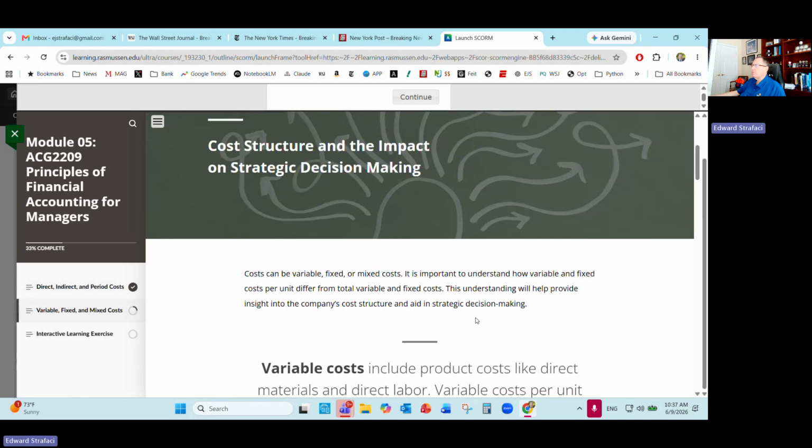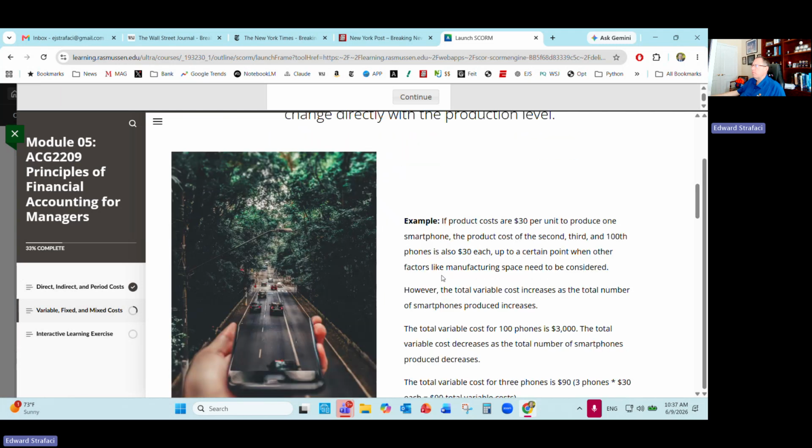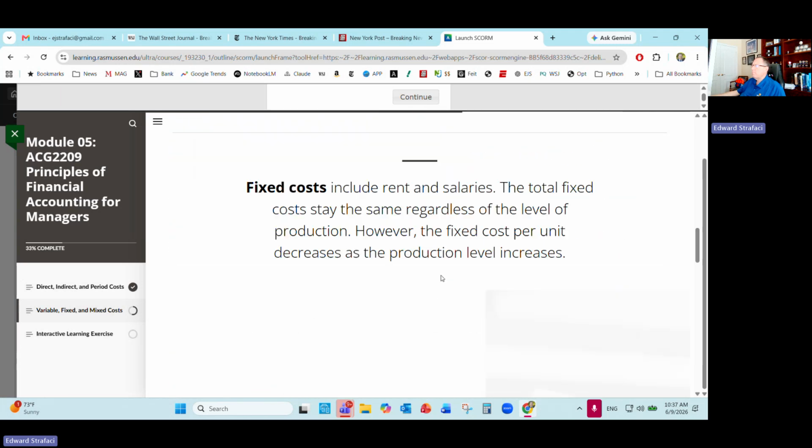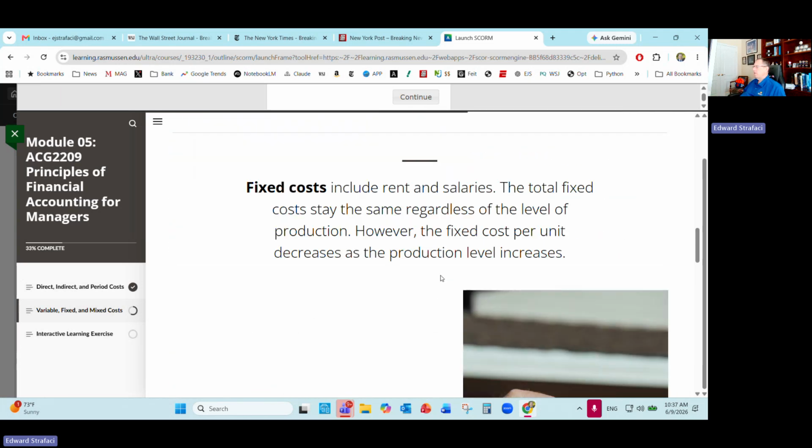And one of the most important things you can learn about is fixed and variable costs. And this is a big economic principle. So fixed costs are costs that do not change with more units of production. That's the difference with fixed costs. They do not change with more units of production. So whatever it is,